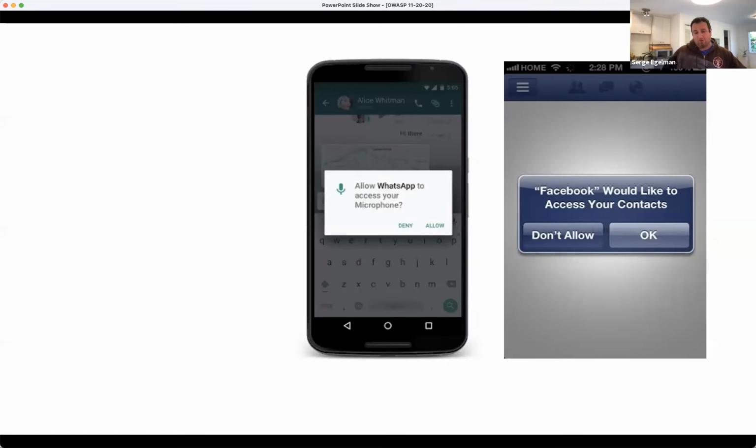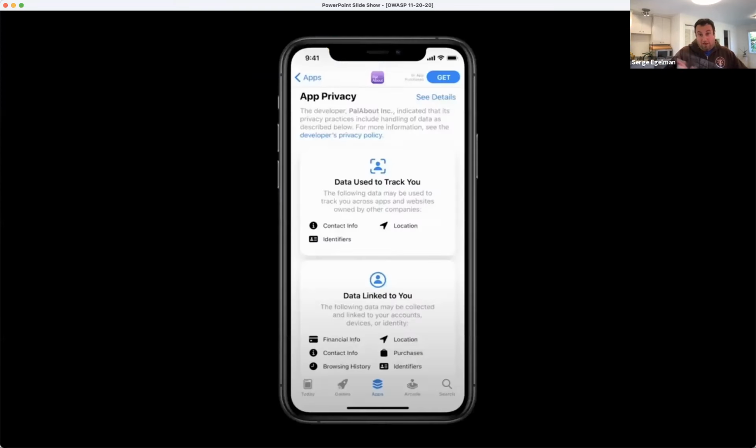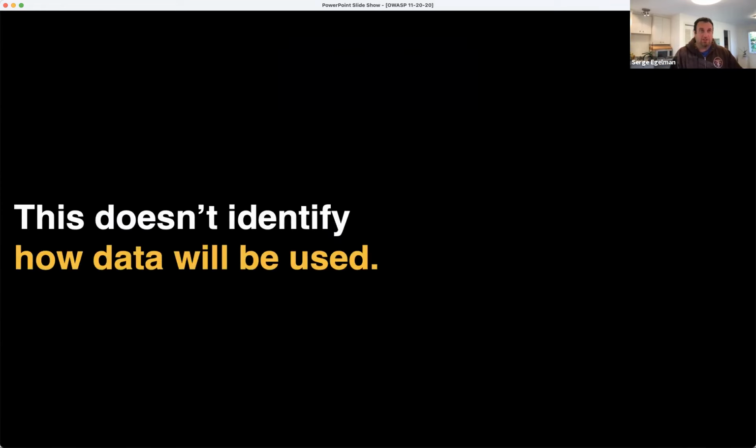And so the platforms have evolved since then. Now for communicating privacy, we have these runtime notifications. And in fact, Apple has now announced that they're going to start doing these nutrition labels. While this is all a great improvement and is more likely to help people exert control over their private information, as well as to help apps meet their compliance obligations, there's still a shortcoming in that it doesn't really identify how data is used, and that's one of the fundamental concepts that a lot of consumers want to know about.